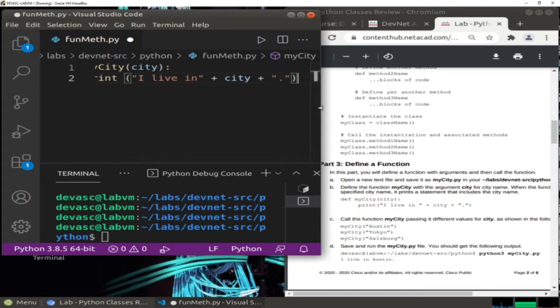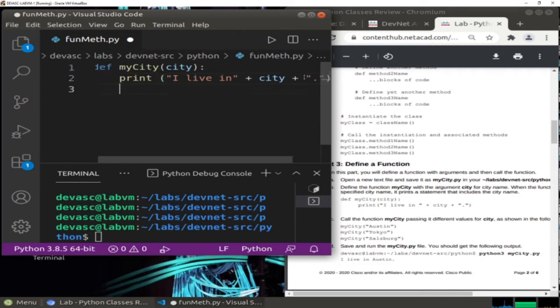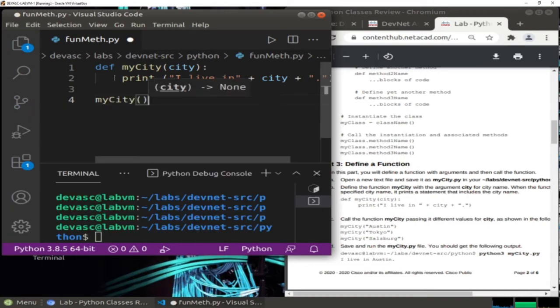So that's it. This is a function now. We built a function, and let's learn now how to call this function. To call this function, we use the function invocation, which is calling the function itself, which is myCity, and we put the parameter between the parentheses,